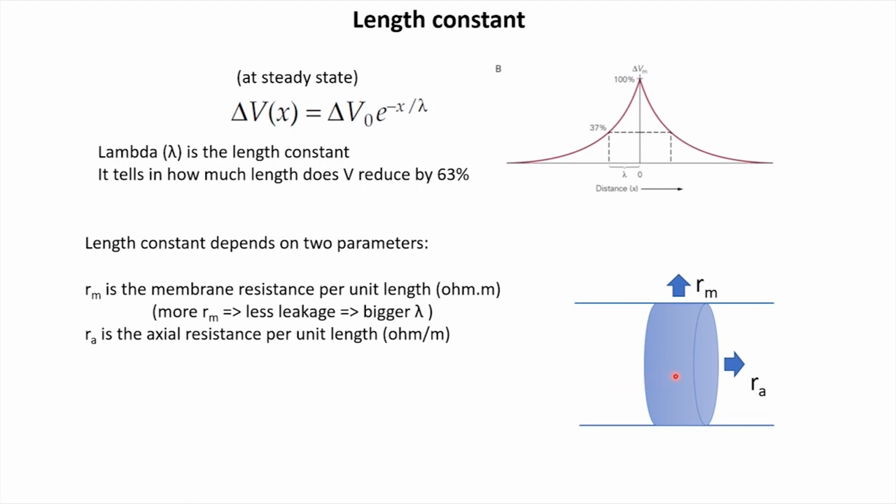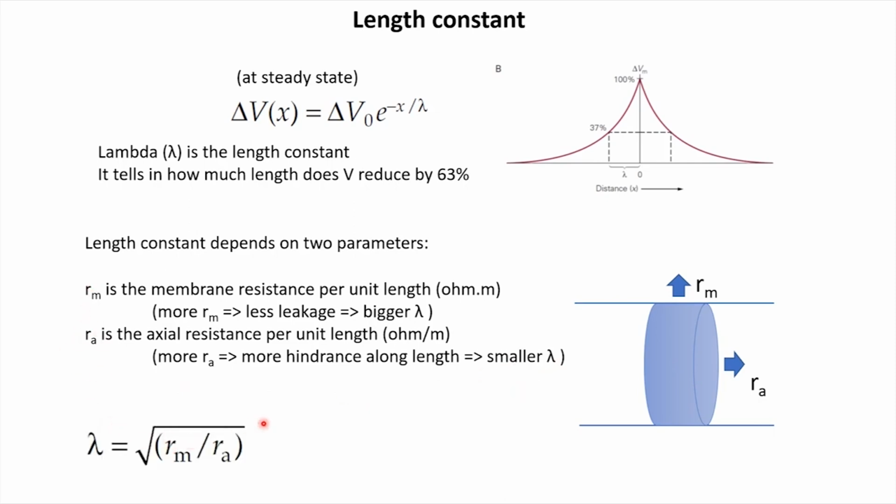So as we increase Ra, we make it more difficult for the current to flow along the axial direction, so it would go a shorter distance, and therefore the lambda would decrease. So more Ra should result in a smaller lambda, and the exact relationship between lambda and these two quantities is